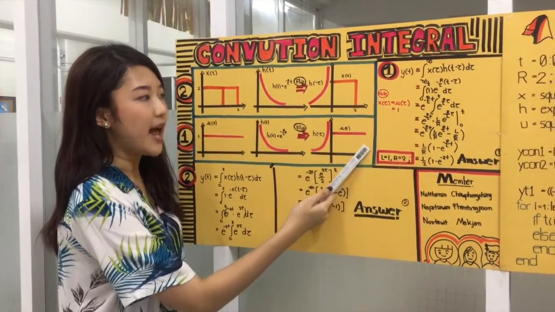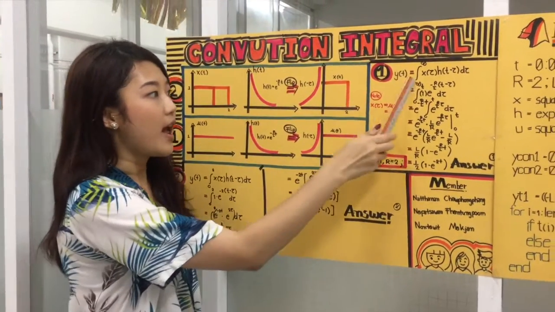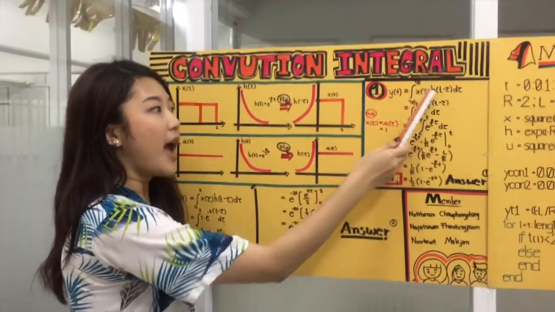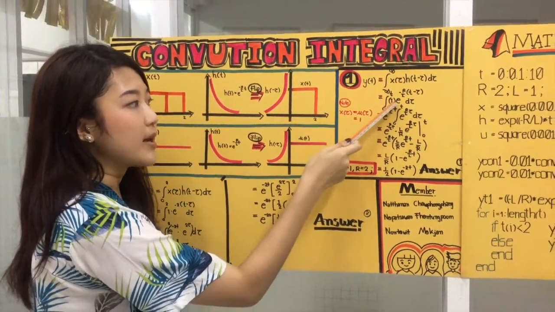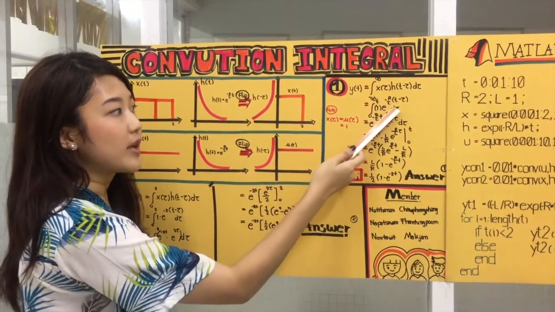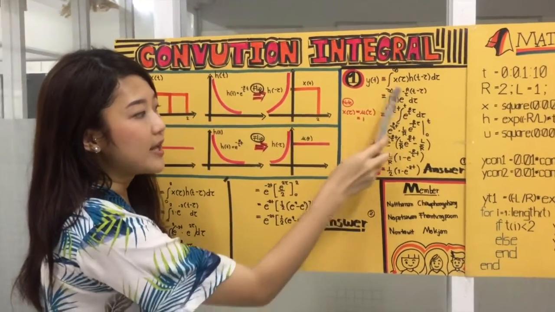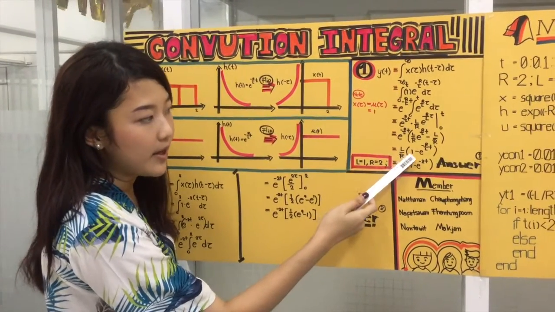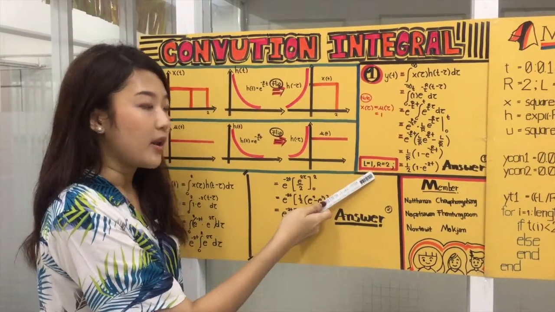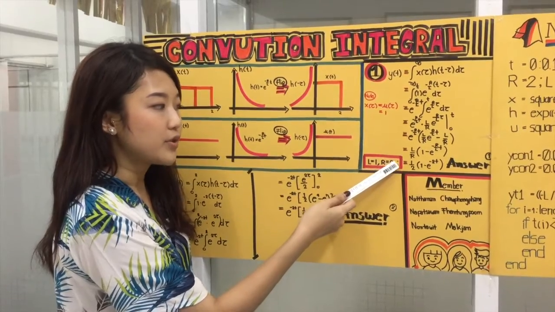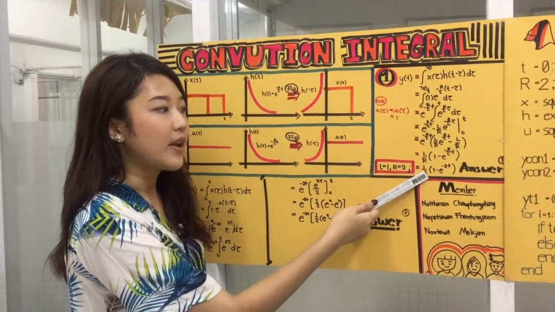If you got this graph, then we use the manual solution to solve this problem by using the convolution equation, and then we summarize an equation by substituting 1 for the unit step and the exponential equation for the impulse response, and then we get this answer. From the problem, they give us the variables L equal to 1 and R equal to 2. Then we substitute these in the equation, so we will get this final answer.